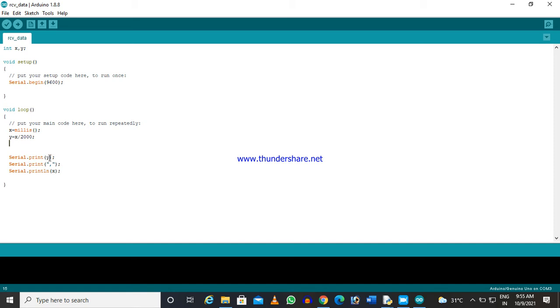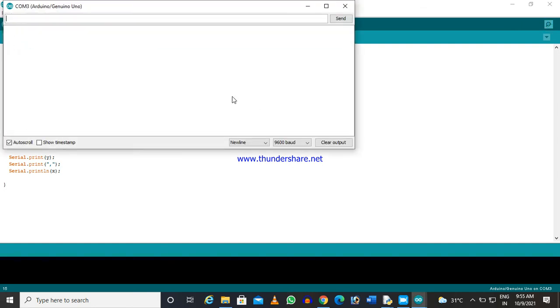What I am sending to the serial port is that Y and X, separated by a comma. Similarly, if you have 100 numbers of data, you can send them this way, by comma separation. Let us see how it is coming in the serial port.